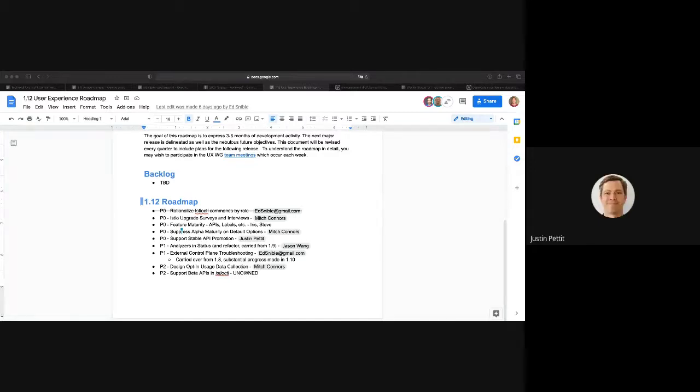Yeah, and I guess towards the stable API promotion work, I'm planning to work with the security team on that, but there will be work done, but it's not crisply defined exactly what we're promising. So maybe we need to work on that. But yes, I do plan on working on this, but it's a little unclear exactly what we're promising.